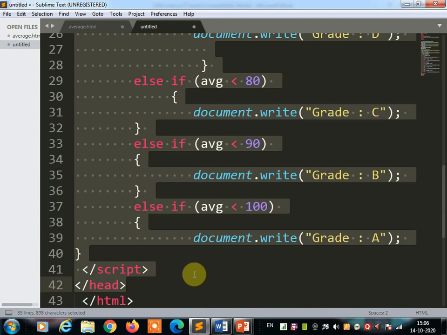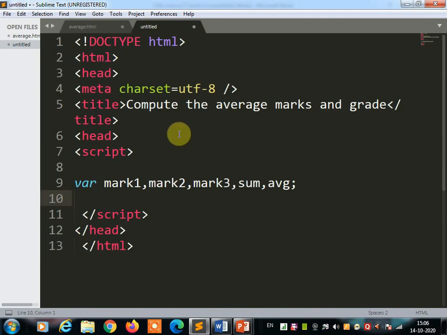Okay, till here, deleting. Now we are going to write a JavaScript program to compute the average mark and grade. So the first tag will remain the same, that is exclamation doctype html, then the html tag, then the head tag.